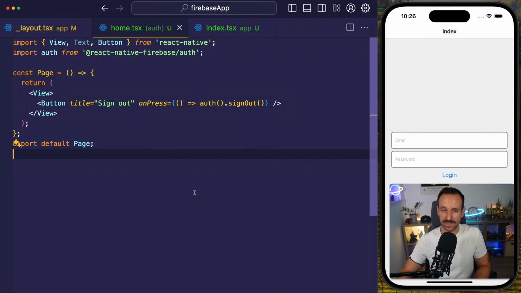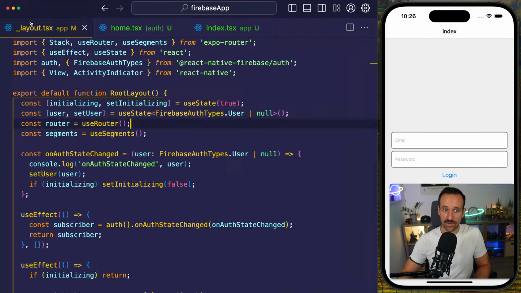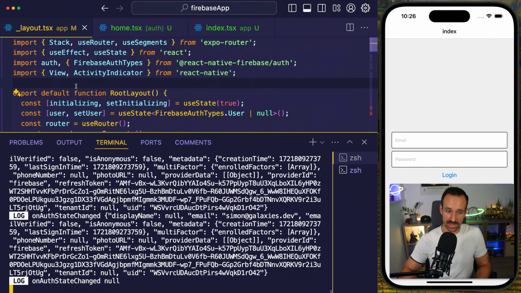And if I hit the sign out, I'm immediately brought back. You see, no logic in here. Everything is handled in our topmost layout file. And after the sign out,